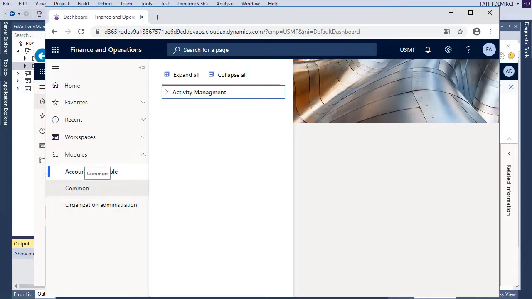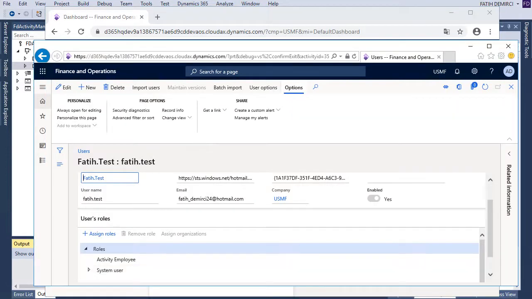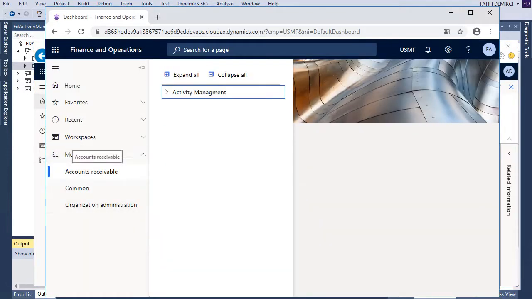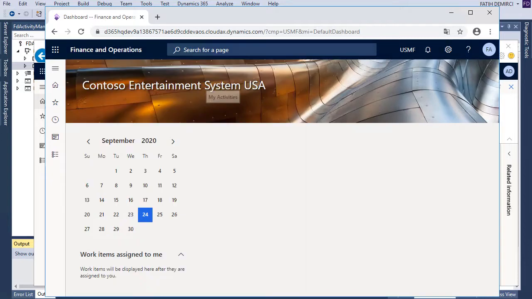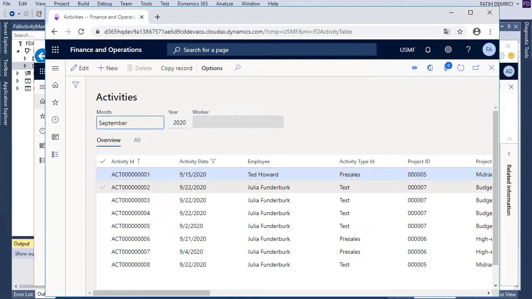Actually, there are no modules. This common and organization administration comes with the system user role, and account receivable and activity management. As you can see, I can only see these two forms. Let's open this form, and now